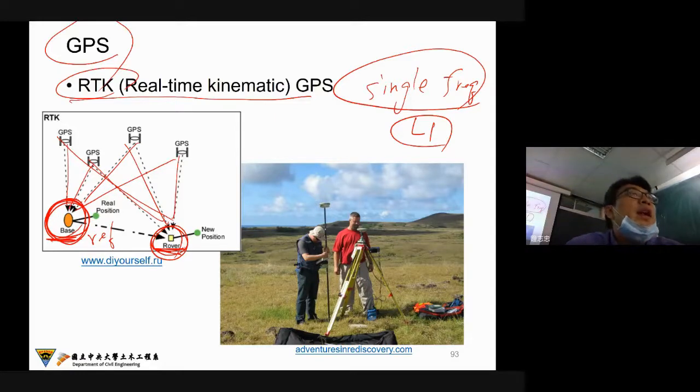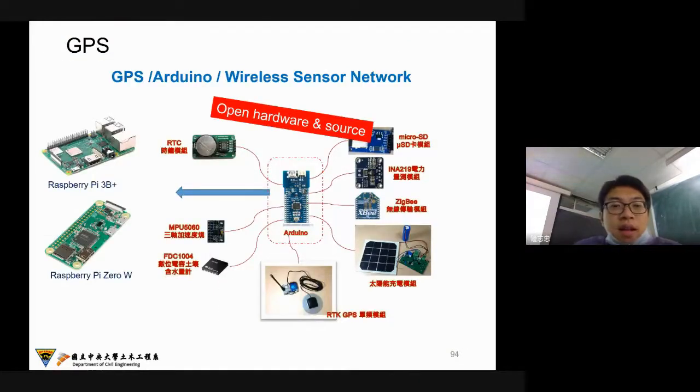So we can have RTK mesh analysis to reduce some of the noise from the sky. So we can increase the resolution of the GPS. And of course, right now,